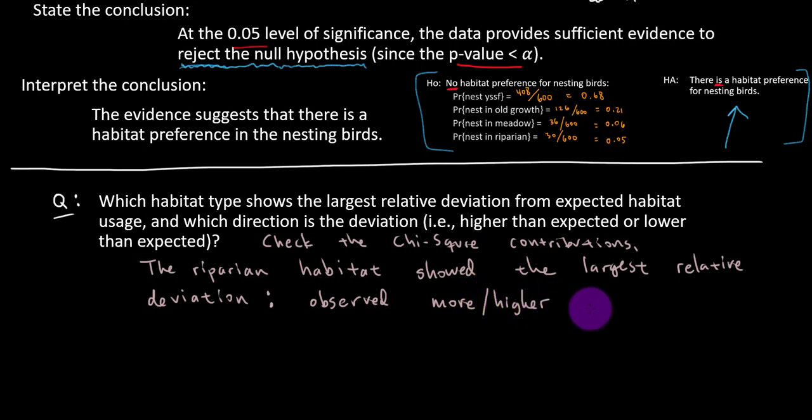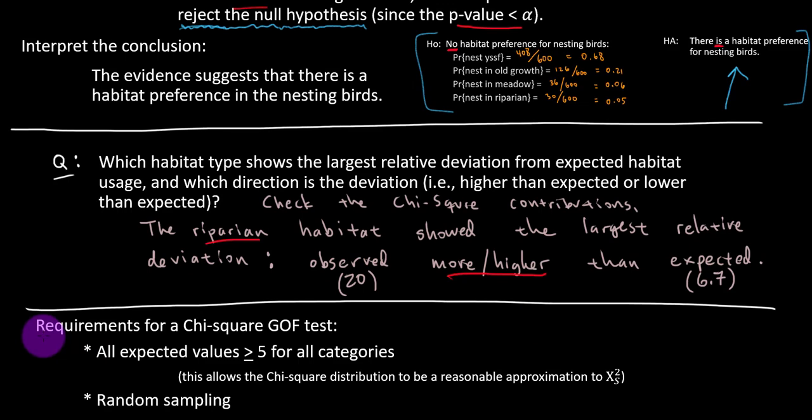And maybe it's worth writing down those numbers here just so it's clear to us. We observed 20, but only expected 6.7. Lastly, there are requirements for all of our hypothesis tests, and for the goodness of fit test here,